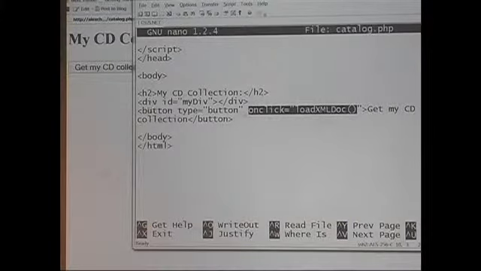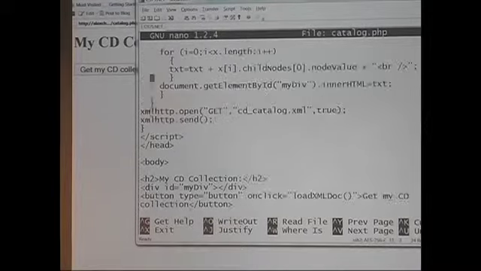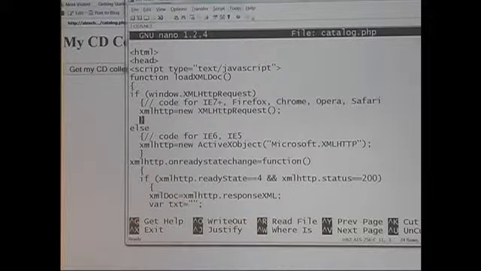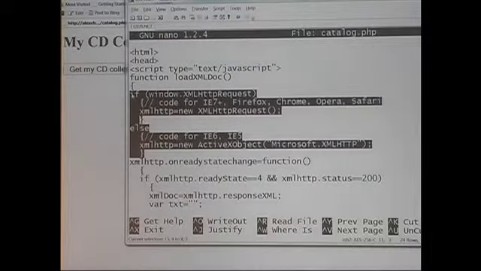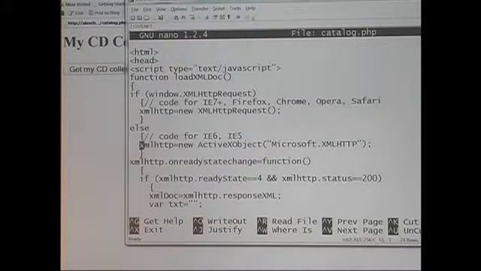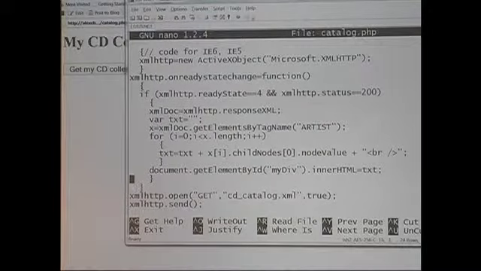Okay, so the function loadXMLDoc is over here. Again, we want to make sure that it's compatible for different kinds of browsers. So that's that. And if everything is fine, then we want to,